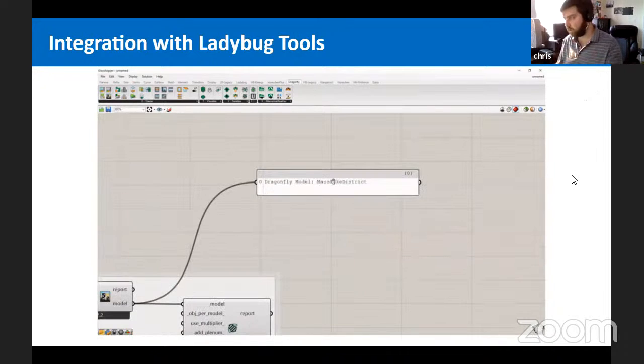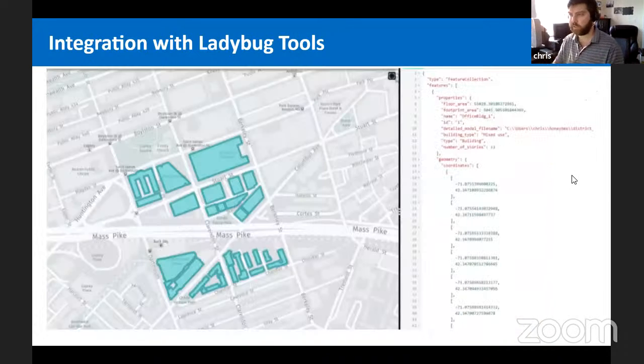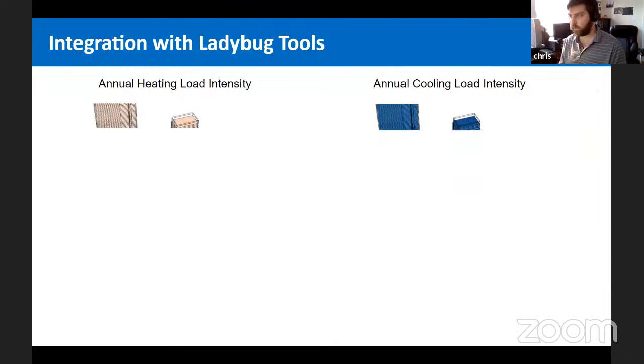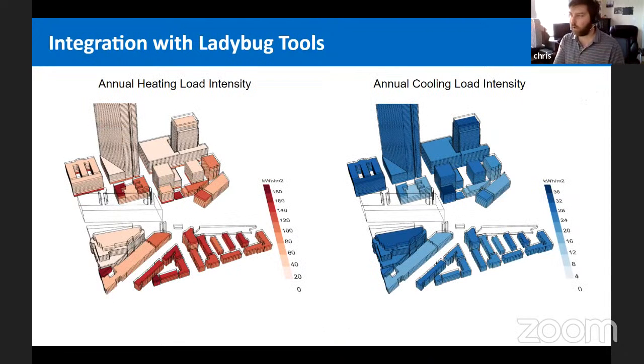So that gives you a sense of just the general workflow for running simulations. And just to show you, this is what that GeoJSON for that particular from-building-solids example looks like. And again, each of those features is linked out to a different EnergyPlus OpenStudio model. Once we've executed that URBANopt simulation, we can load all the results back into Grasshopper. We have several result parsing components for various different types of visualizations. And just to show you a very common one, you can color the rooms, or stories in this case, of those urban buildings with their heating and cooling loads.